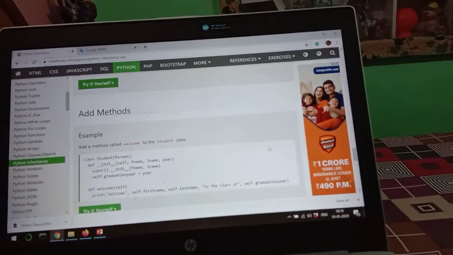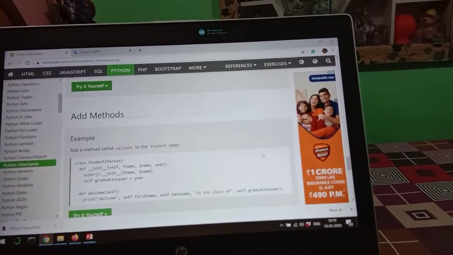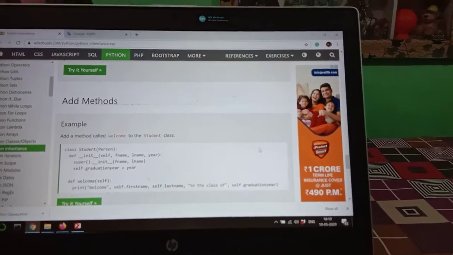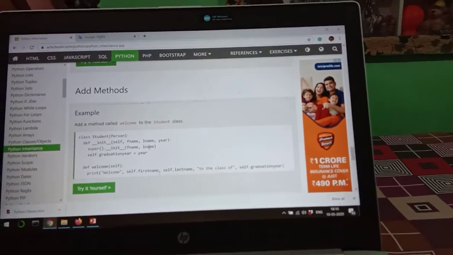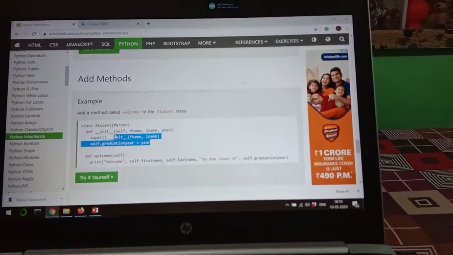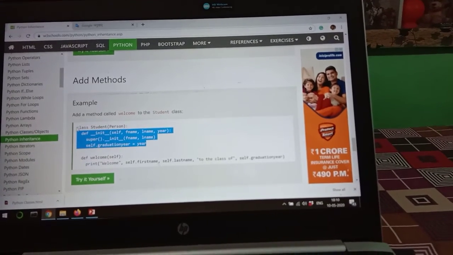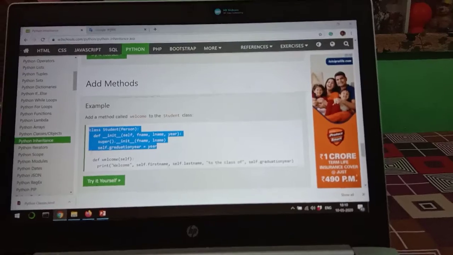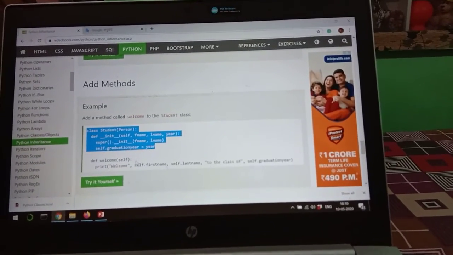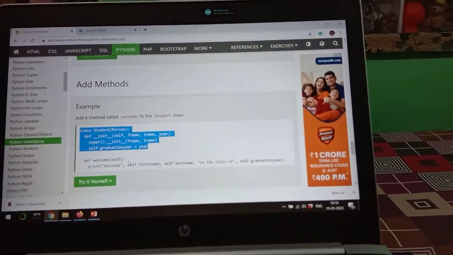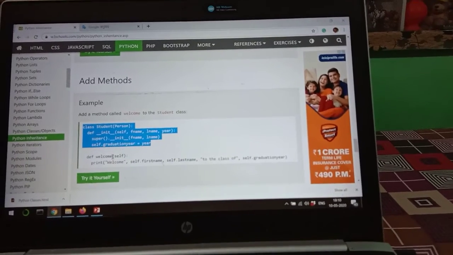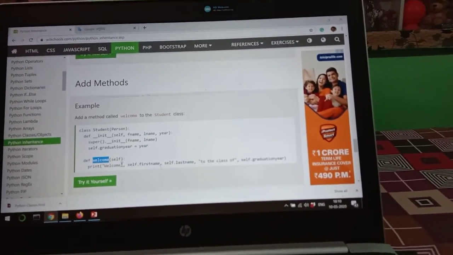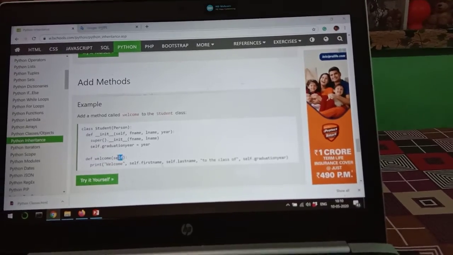Add method. Add a method called welcome to the Student class. It means that in a child class, we can also add another method. The way of adding another method is like this. This one is our previous code, and in this previous code we add one extra method with the name welcome, and the way of writing is def welcome, having the property self.